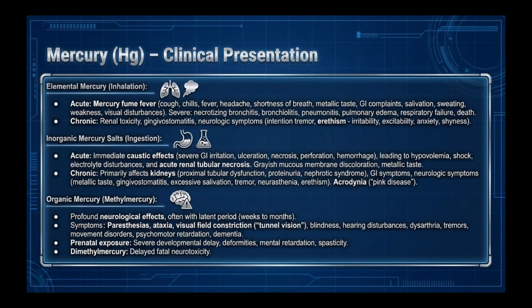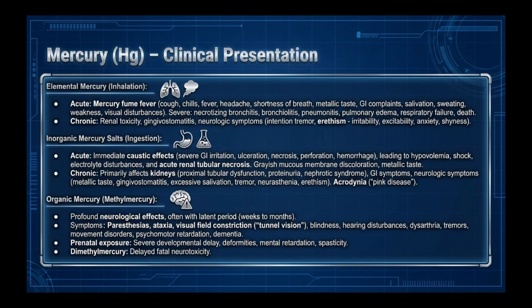Chronic inorganic mercury poisoning, which may stem from prolonged inhalation of elemental mercury or the dissociation of organic mercurials, primarily affects the kidneys, leading to proximal tubular dysfunction, proteinuria, and nephrotic syndrome. It can also present with gastrointestinal and neurological symptoms such as a metallic taste, inflammation of the gums, excessive salivation, tremors, mental fatigue, and irritability. An additional hypersensitivity reaction, known as acrodynia, a condition of the skin, presents as a pinkish rash on the palms, soles,